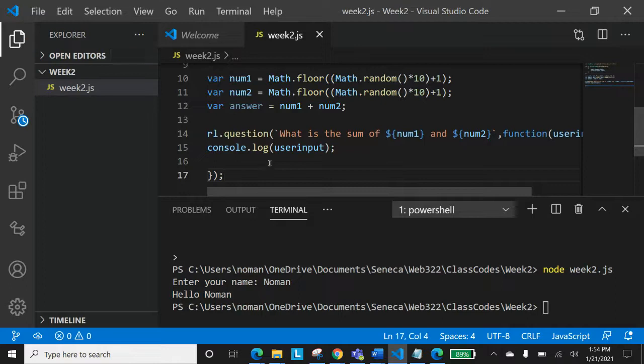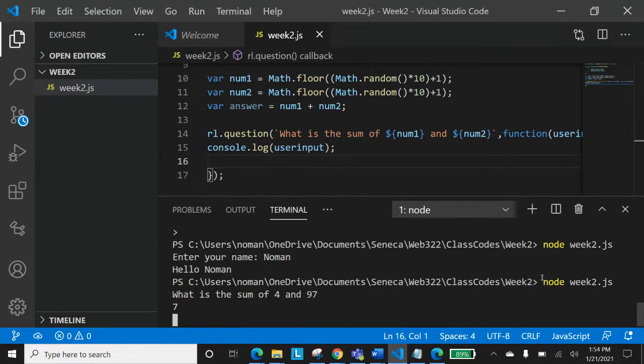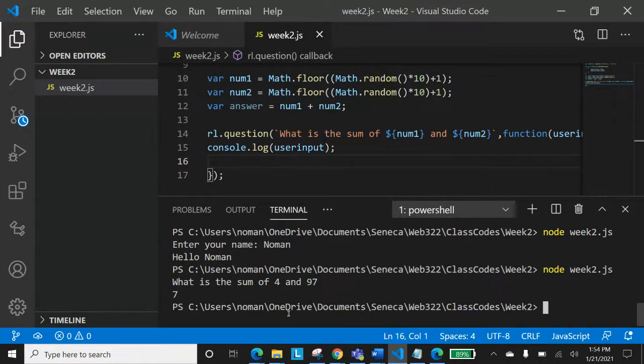Now let's run that one. We have not done rl.close, and we'll do that, but right now I just wanted to run it without it and see the difference. Run node week2.js. What is the sum of 4 and 9? I might say 7. I've not given a space. It shows that 7 and doesn't do anything else, because I have not done anything right now. If I need to come out of it, I'll have to do Control-C.